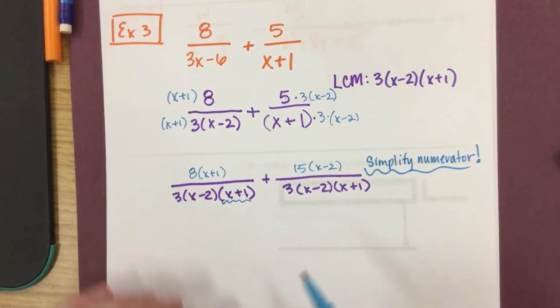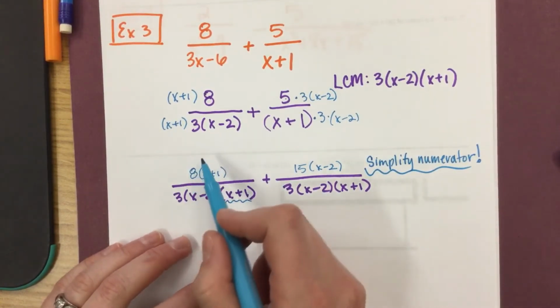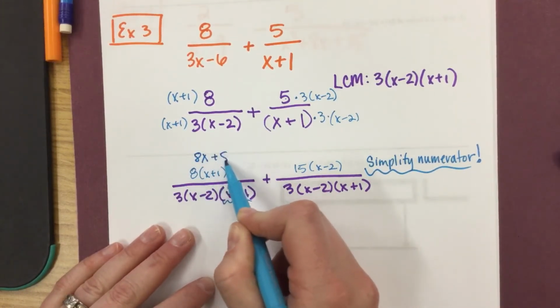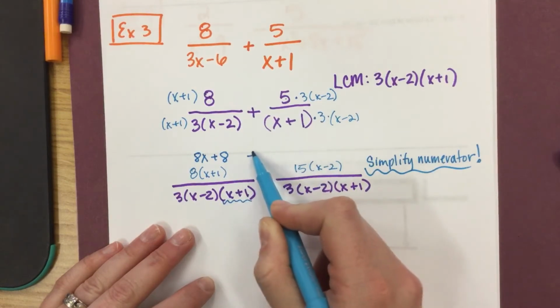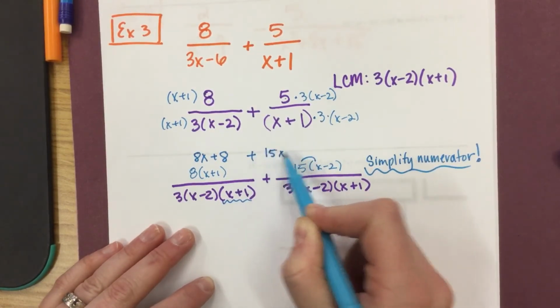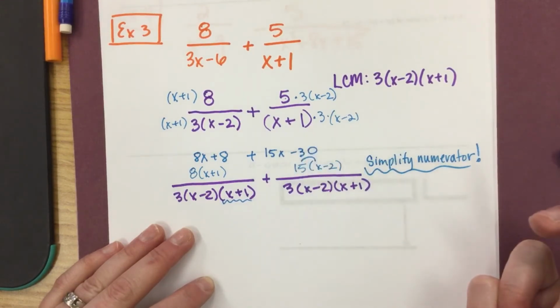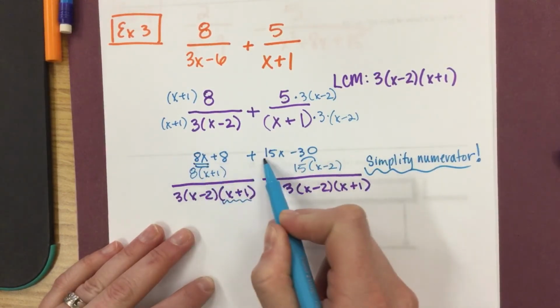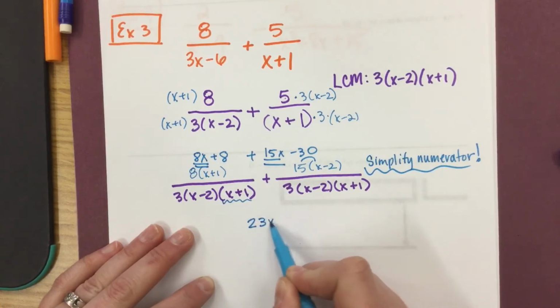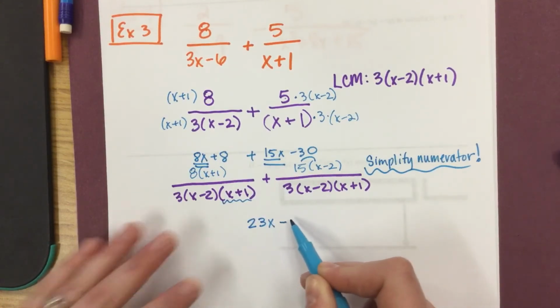But I can see that if I take my numerators now and I simplify them, I end up with 8x plus 8 plus 15x minus 30. Well, I can combine my like terms. So I end up with 23x minus